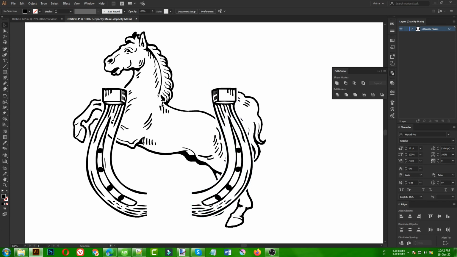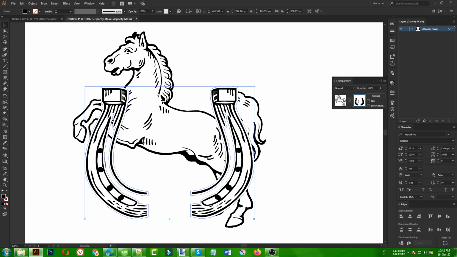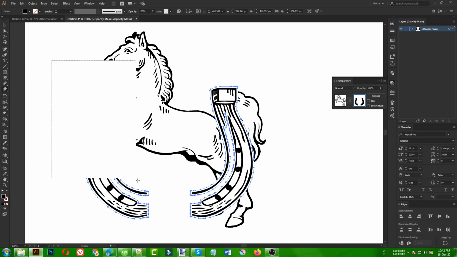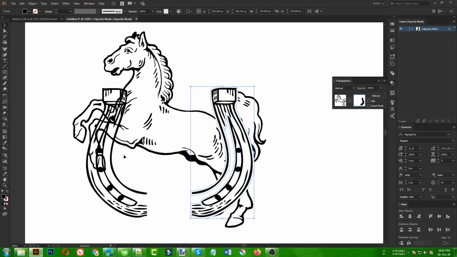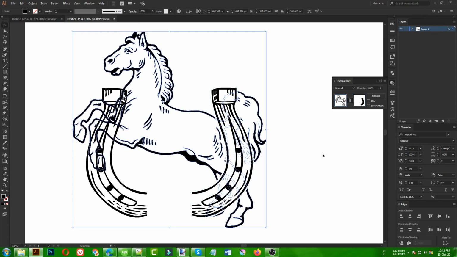My horse is now looking like it is in the background of this part, but for this part I want this horse to be on top, so I am selecting this, what we pasted inside our transparency, and then pressing Shift E for the eraser, pressing Alt to delete like this. So this part is deleted, only we have this part here. That is good. And then I am going to select my horse vector here,